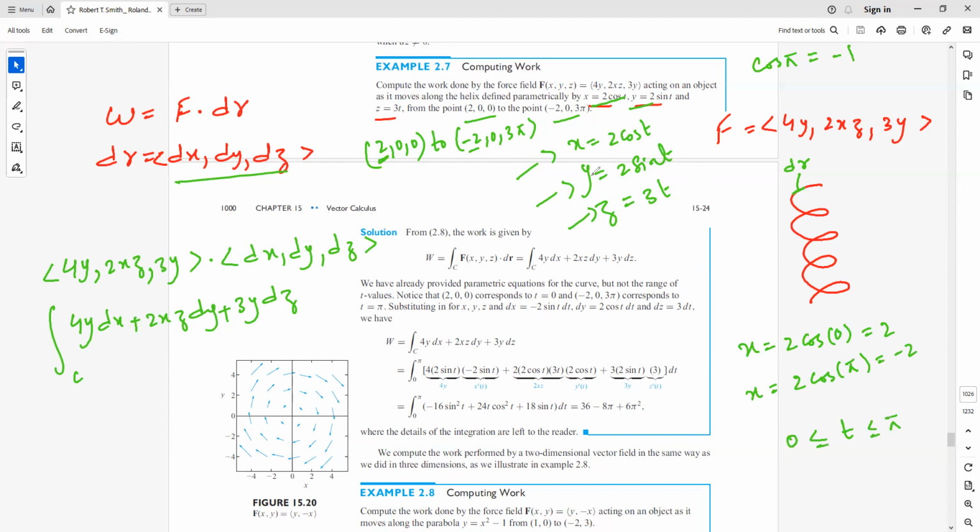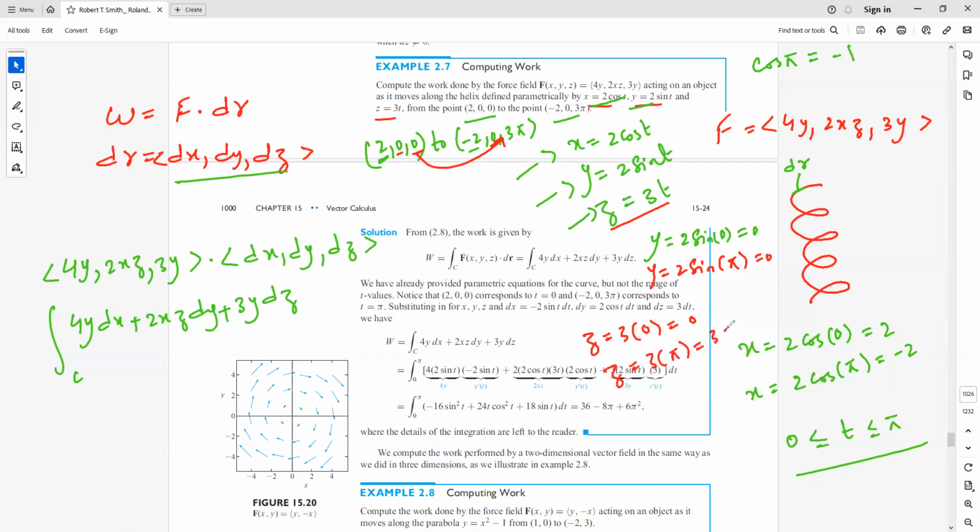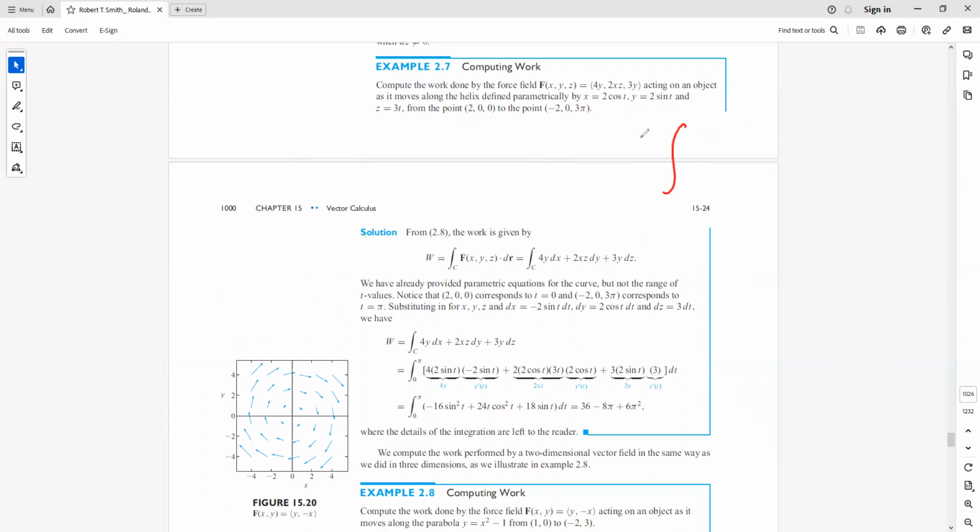Okay, and these other forms y and z will also satisfy this interval. We can see here y equals 2 sine t, so y equals 2 sine 0 gives 0. So we can see that the y direction is going from 0 to 0, and y equals 2 sine pi again gives 0. So this is also verified. For z equals 3t, z equals 3 times 0 gives 0, and it's going from 0 to 3 pi. So z equals 3 times pi equals 3 pi. Now since this is the limit for our parameter t, we can compute this integral by this parametric form,